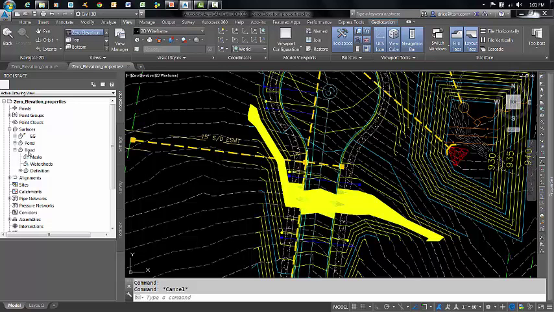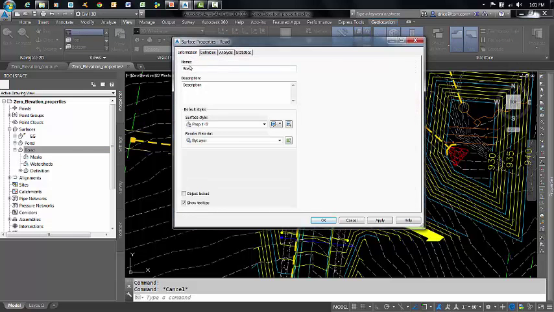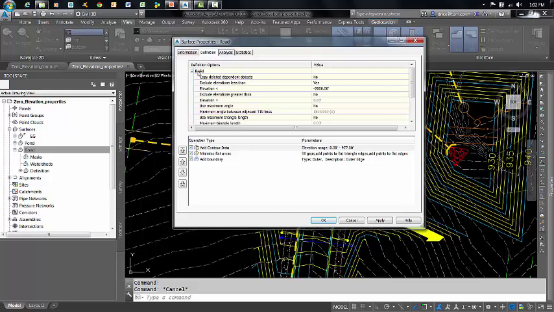So we're going to come over here on the prospector tab, right click and go to surface properties. This has all the information on our surface. If you go up here to the definition tab, you can see here contour data elevation range 0 to 977, so you know that that is the problem. If you expand the build menu, you'll see a command here, exclude elevations less than. This is a toggle. So we want to keep it on yes, and the AutoCAD default is elevations less than